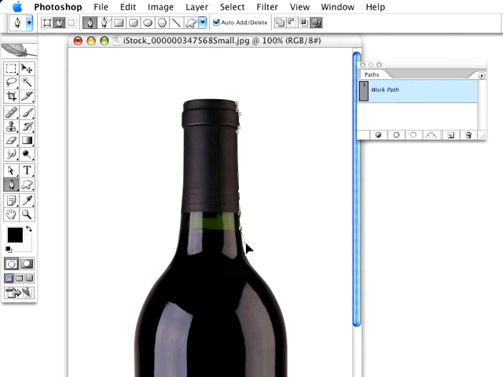Now I'm going to click and drag a little bit to create a handle and start to drag and try and kind of match up with the line of the bottle. Now the challenge with this is always to know where to click, and I can't give you any really great rule of thumb other than just to try and experiment. The key thing to remember is that matched pretty well there, but let me undo that part, and let's say that I only went, or I tried to go to here